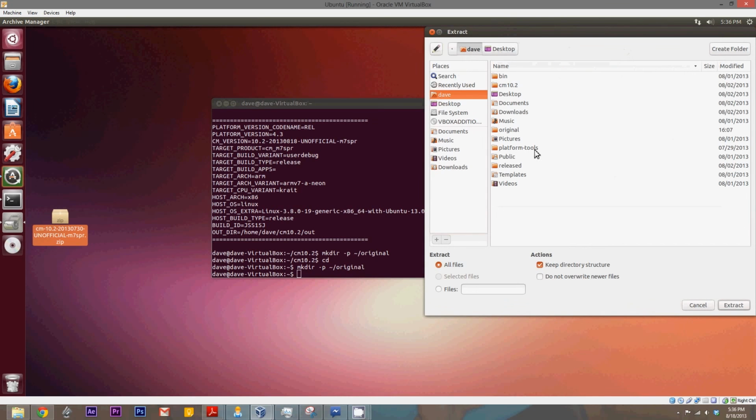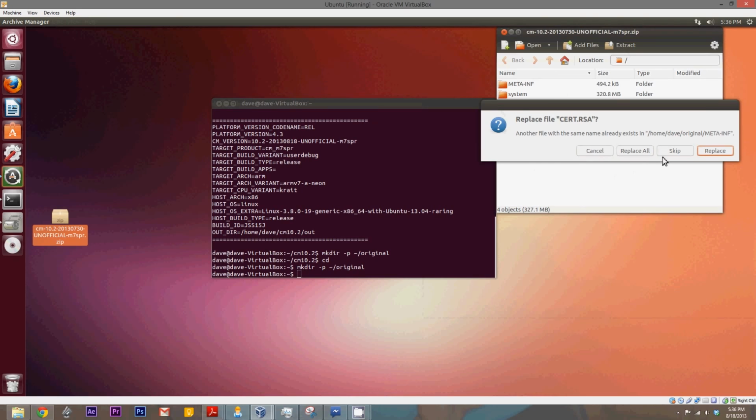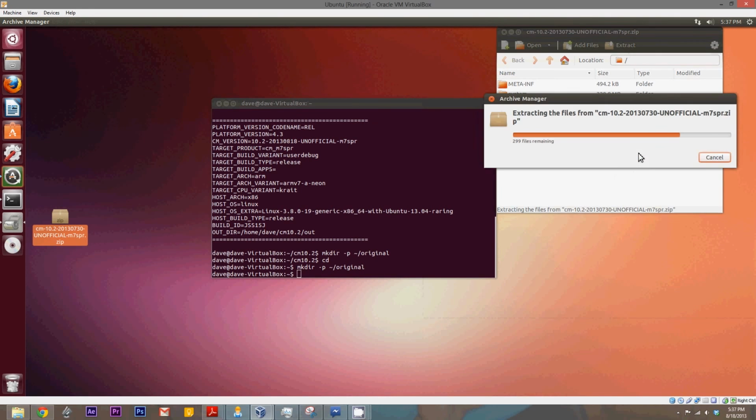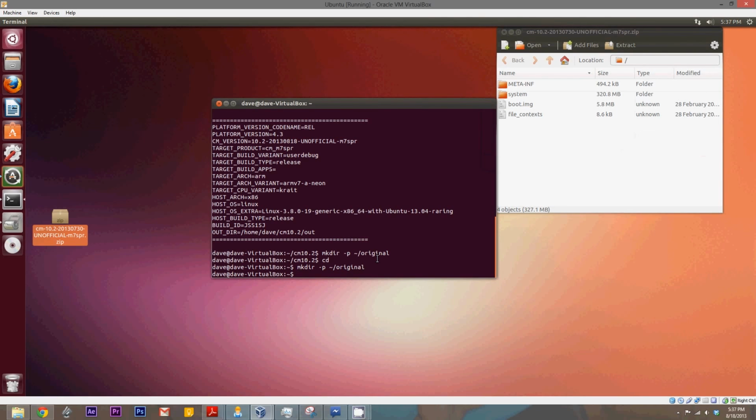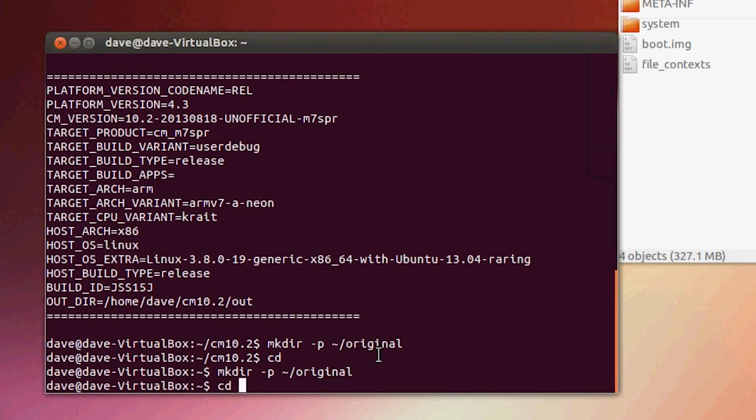Go to, here we go, and where is it? Right there. Extract, and I already extracted it, but I'm just going to replace all. Okay, cool. So we extracted our files. Now what we're going to do is navigate back to our CyanogenMod source code folder and to our device name. So type in this, change directory,